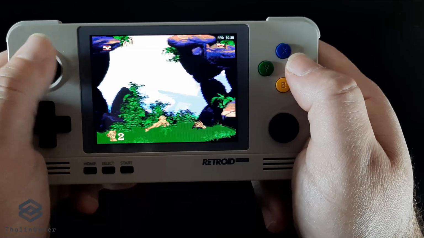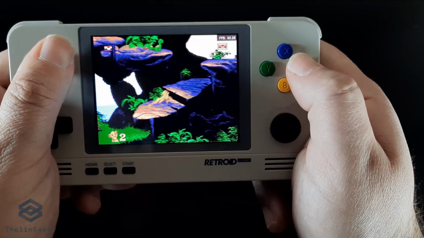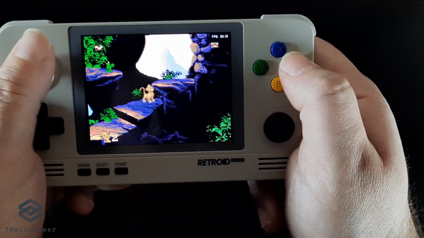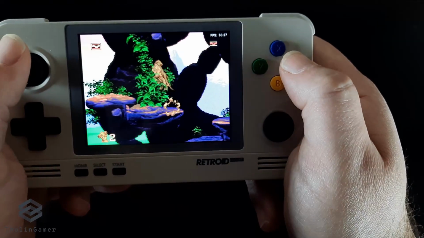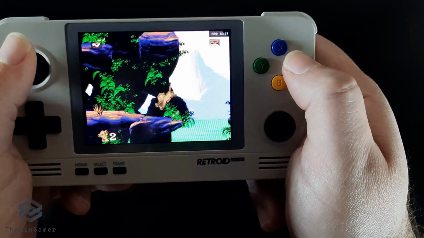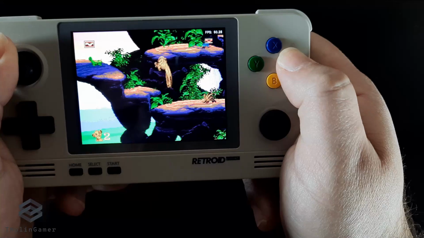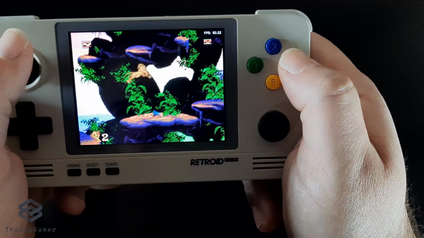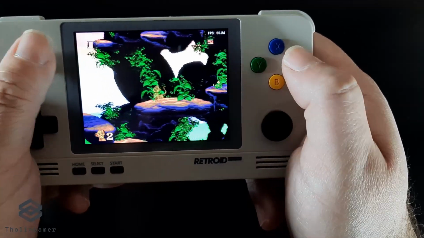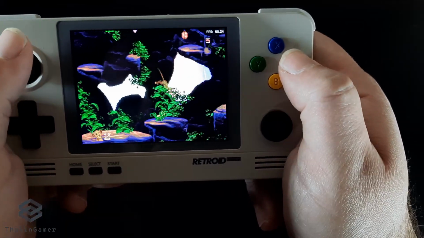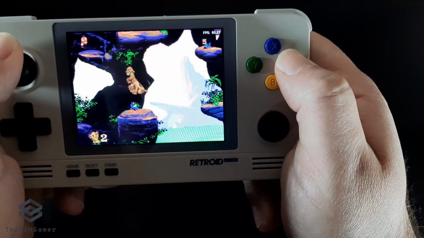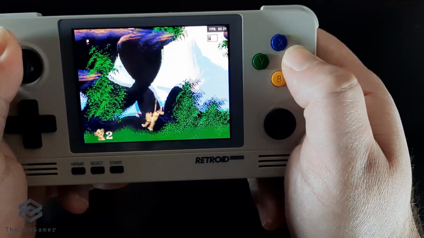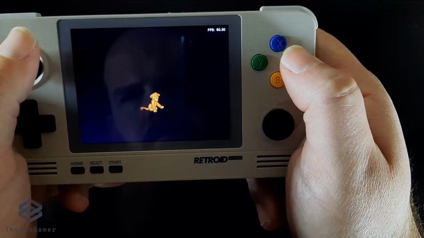Now, as you can see, the graphics are amazing, and you play as Simba as he progresses through various settings that are based on the movie. You begin with Simba as a young cub, and then he moves on to being an adolescent. Now, all in all, this game is very nicely drawn, but it can become a bit repetitive from time to time, and it is quite difficult, quite daunting, especially for players that are not used to the platform games of the 90s.